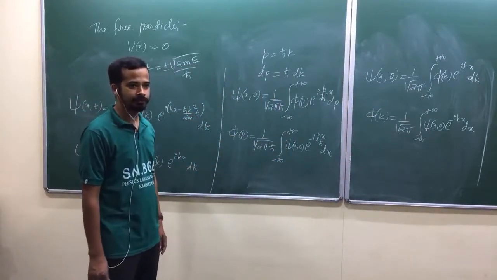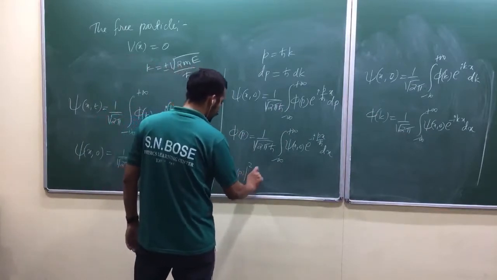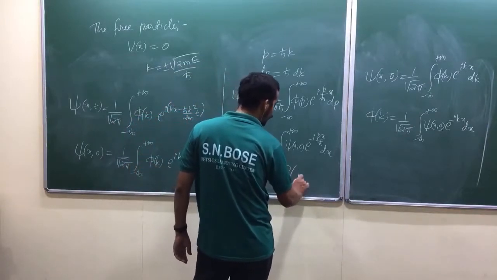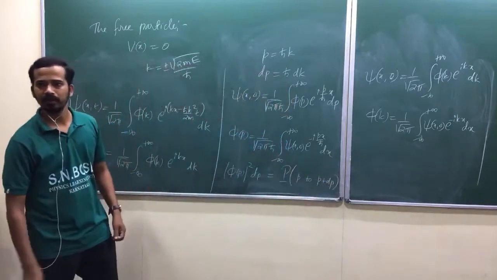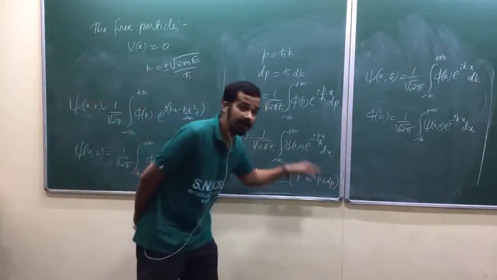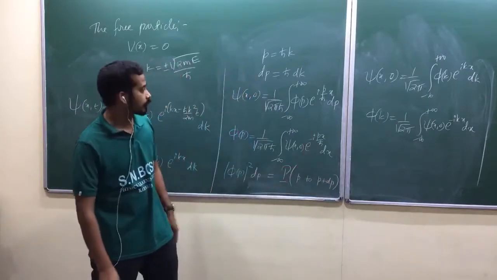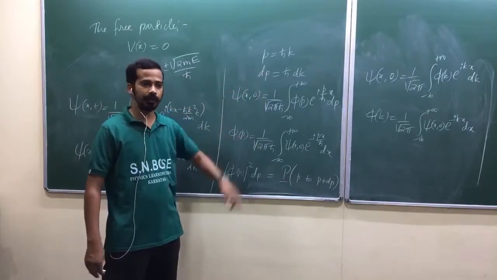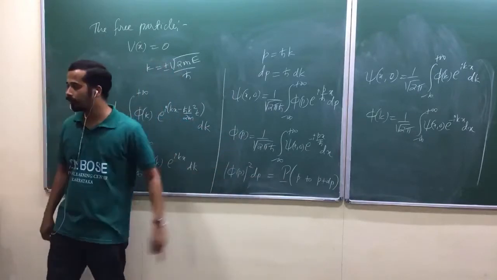Is that clear? Now I better define mod phi of p whole square dp. This is the probability of finding the momentum ranges from p to p plus dp. That's more convenient, am I right? Rather than writing k, this is more convenient. Probability that our momentum measurement ranges from p to p plus dp, not position measurement, okay? Just like mod psi square dx, we talk about the probability of position measurement will range from x to x plus dx. So this has got this kind of interpretation. We call it the momentum space wave function.